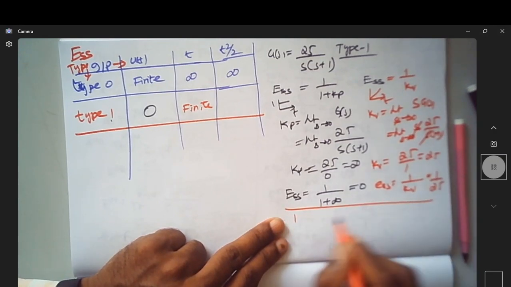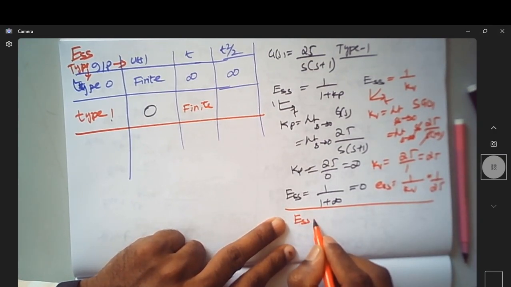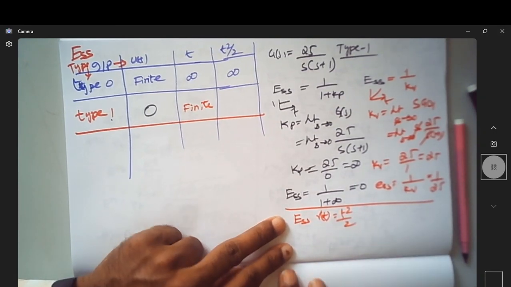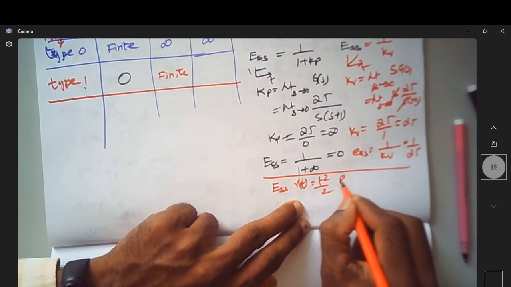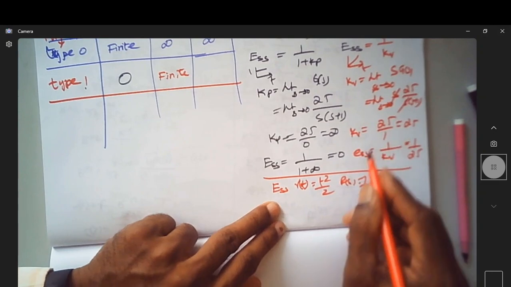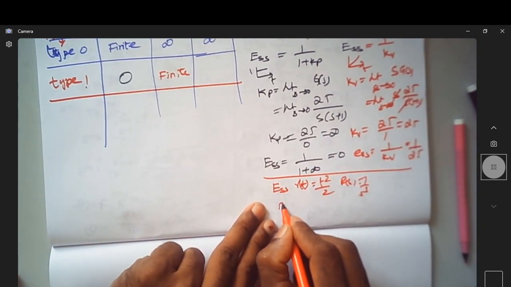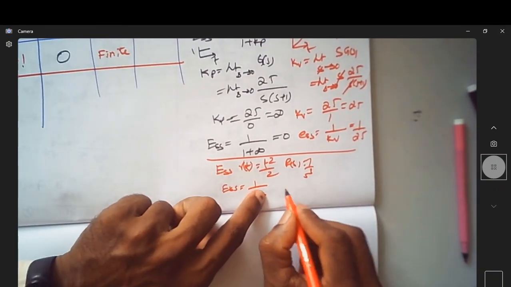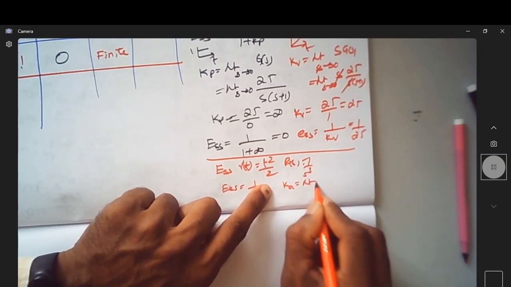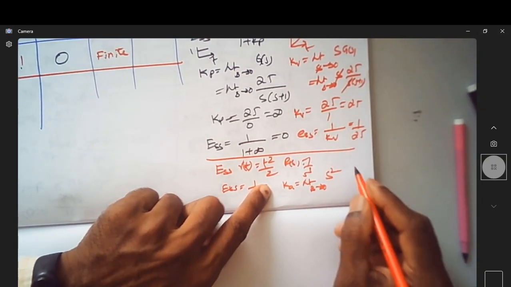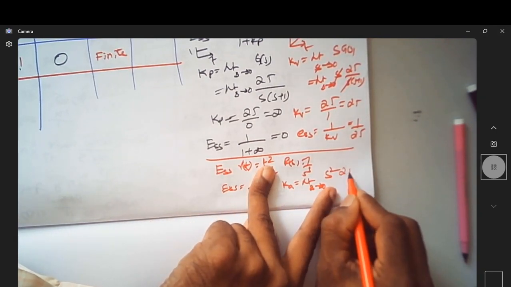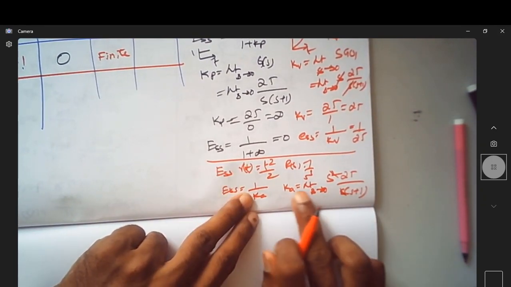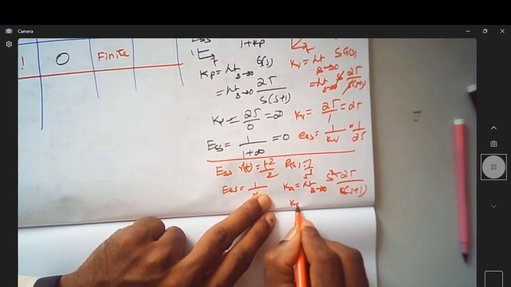what is ESS for a R of t, which is t square by 2, which is a standard parabolic input, which will end up with a R of S, which is 1 over S cube. So we know that ESS for such a system is 1 over Ka. What is Ka? Ka is nothing but limit of S tending to 0, S square into GFS. So what is GFS now? It is 25 by S into S plus 1. So this square will go with this, and when you apply that limit,